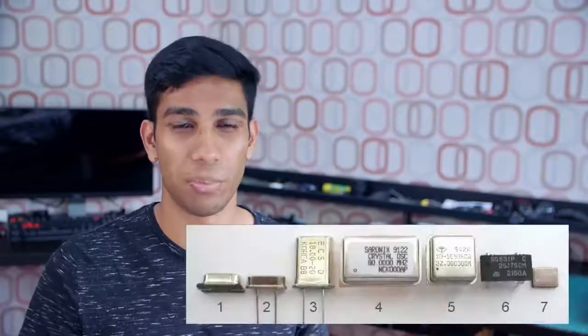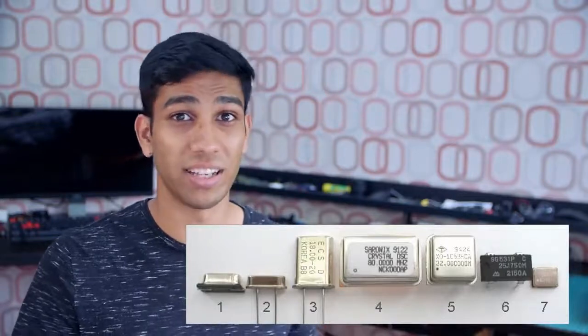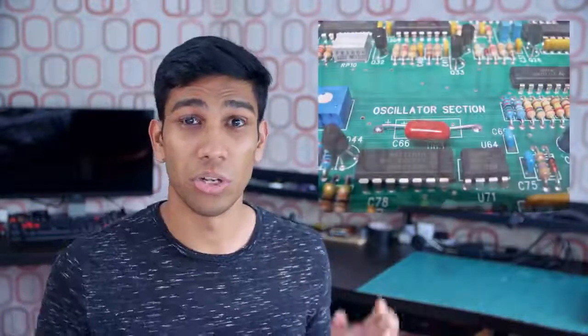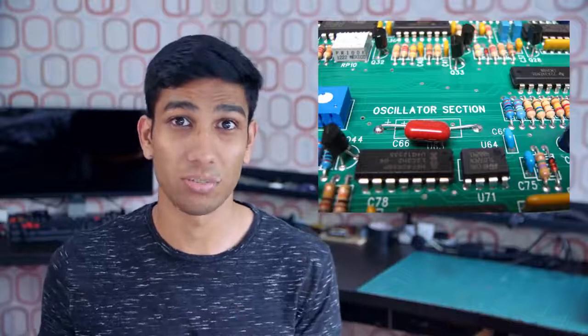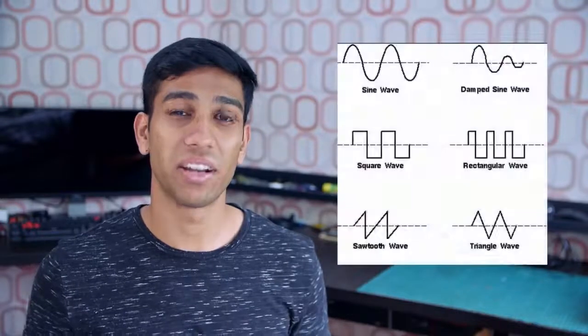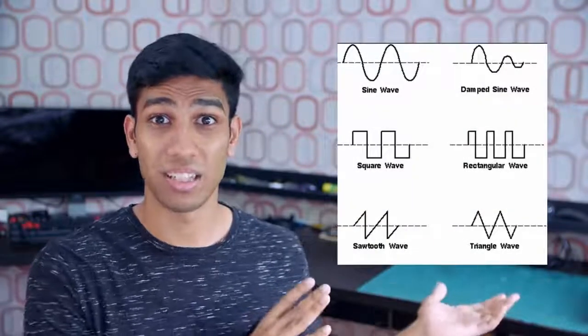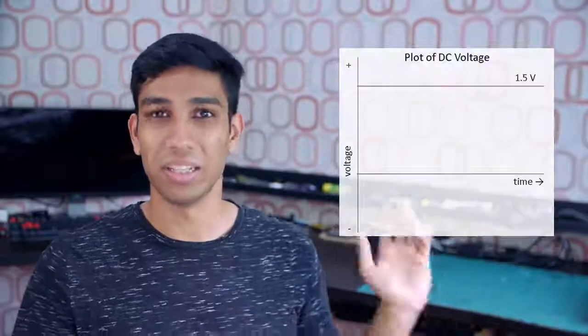Oscillators are a core electronics component that control the timing for devices ranging from your watch to your laptop and mobile phone processors, to even controlling the display of the device that you're watching this video on. In a nutshell, oscillators can generate AC voltage signals from a simple DC voltage source. That means they can create AC voltage graphs that look like this from a very simple and boring DC voltage